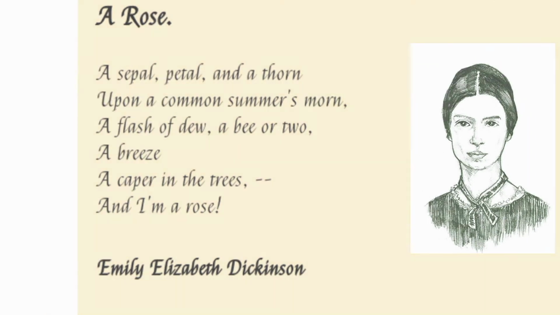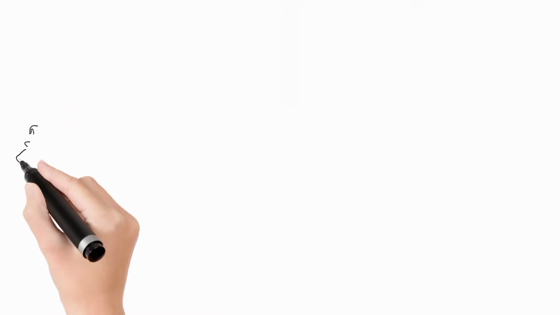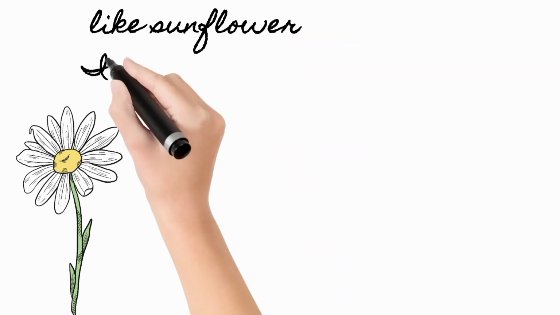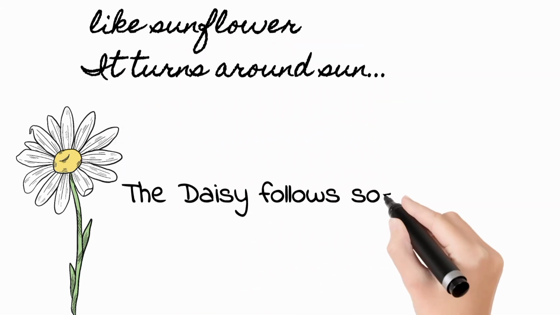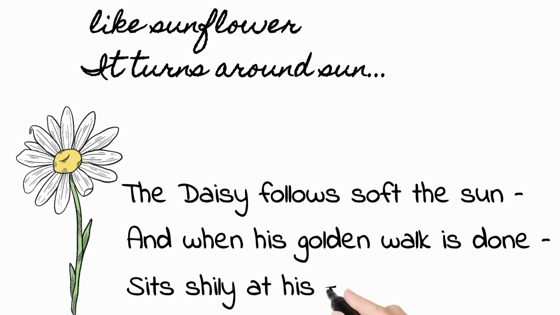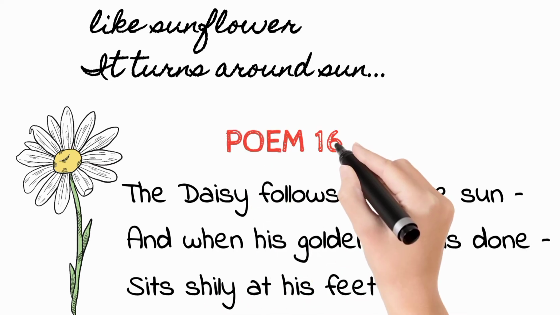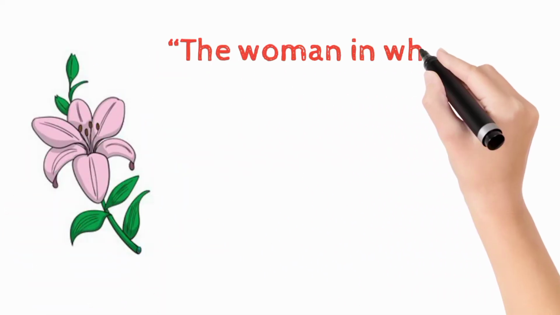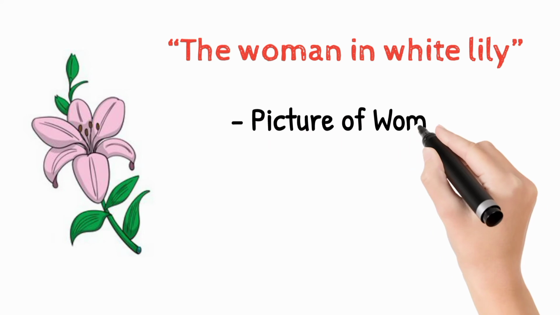she is a rose. Dickinson's daisy is like a sunflower, in the methodology, docile and obedient, turning all the time around the sun. In her poem 161 she wrote about the daisy and says the daisy follows the sun. Lastly, the flower she used the most is the lily. Under the title, The Woman in White Lily, Dickinson depicts a picture of women like a lily, soft and beautiful